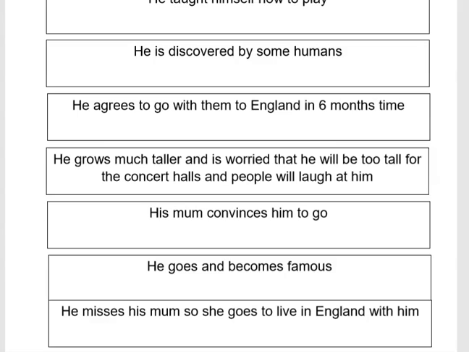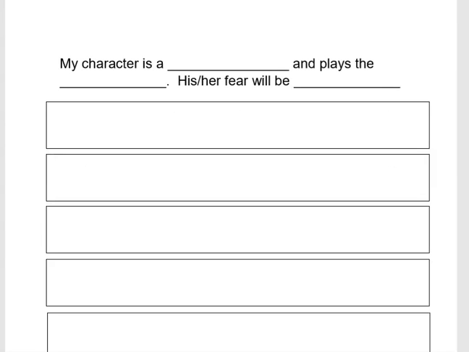Now, I can't wait to see what you produce when you come up with your own version. Remember, you can change the instrument, you can change the animal, you can change some other bits and pieces as well. Try not to change too much because it might become tricky then. But in the English folder for session 2, we've also put a blank plan in so you can plan your own story. And this will be really, really useful for us in session 3 of this week's English because that's when we will be writing our own story.